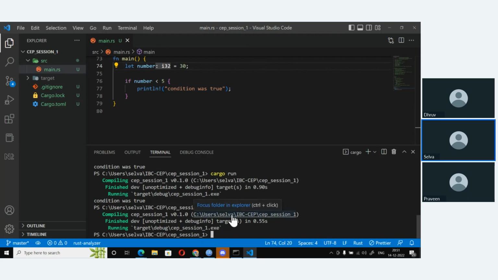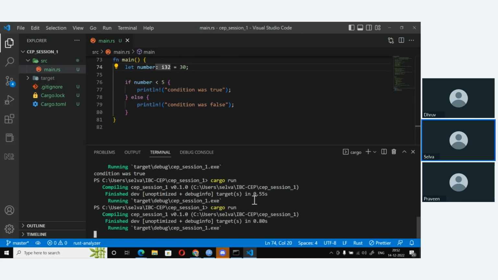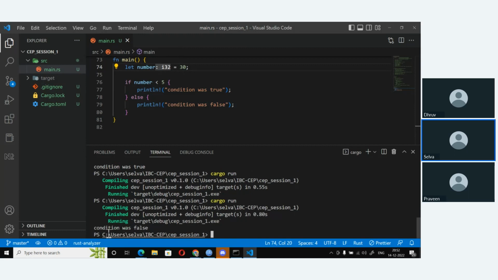So for instance, if I put this as 30 in here and I run this code, it says condition was false. When you want multiple if elses, so-called nested if elses at times, you can use that as well.